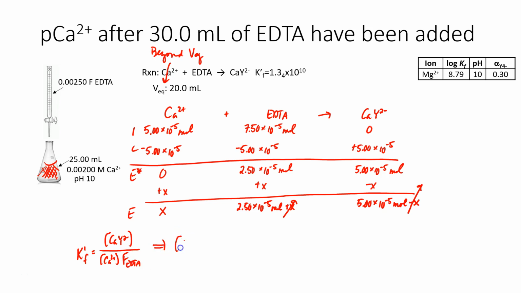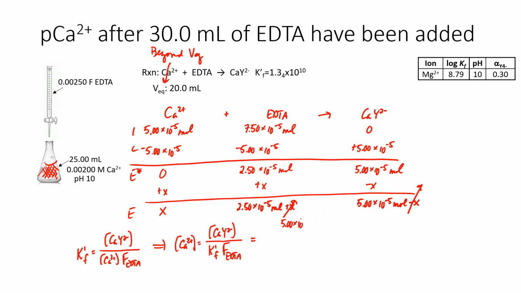And solving for calcium gives, let's see, I think that's going to be the complex upstairs, the conditional formation constant downstairs, and that formal EDTA concentration downstairs. And we really do need to get the concentrations of the complex and EDTA, but I want to show you something. The concentration of the complex would be